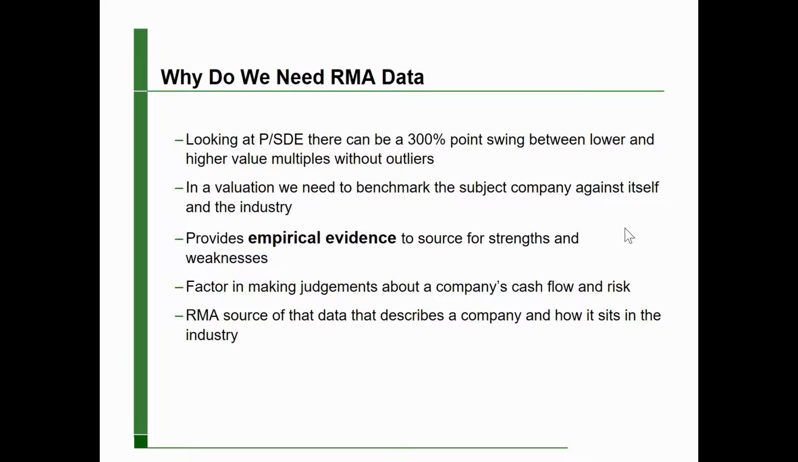Let's take a look at why we need the RMA data. One of the databases that we have at ValueSource is the IBA market data, and I have the ability to look at the entire data set. When I sort the price to seller's discretionary earnings ratios and take the middle 50%, right around the median, cutting off the lowest and highest outliers, there's a 300% point swing between the low and high values. Some of it's 2 times earnings, some of it's 6 times earnings. And that 300% swing